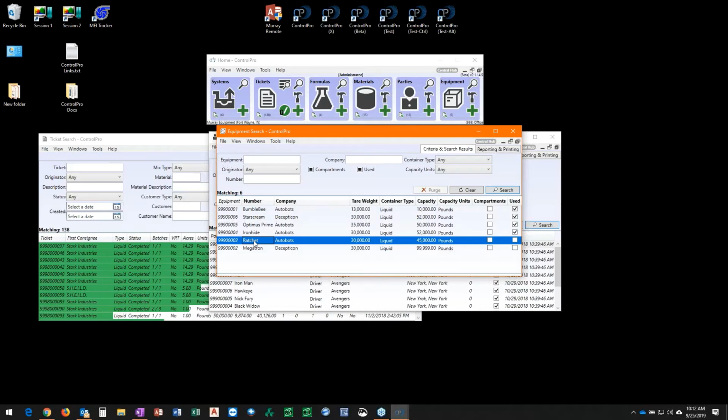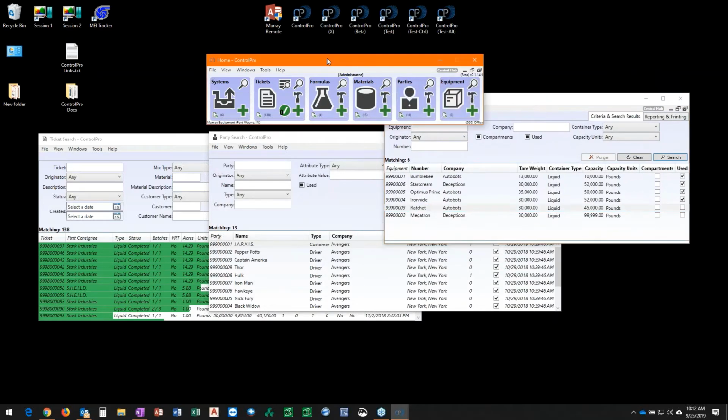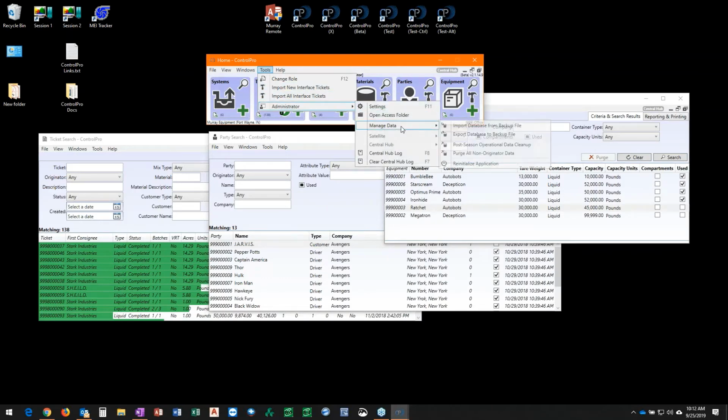But if they are unchecked at the end of the season, and we go through, and this is where Nancy, where that button was that you had missed at the beginning. So if we come through here, we hit Tools, Administrator, and Manage Data, and we hit this Post-Season Operational Data Cleanup button. What that's going to do is remove all tickets, and then it's going to remove